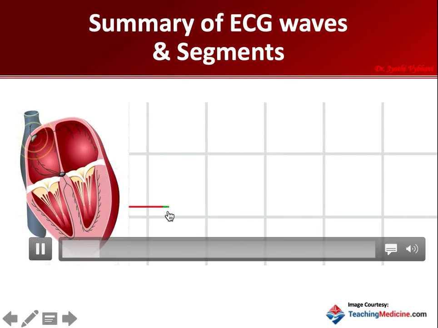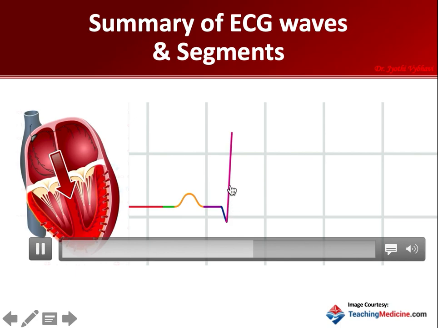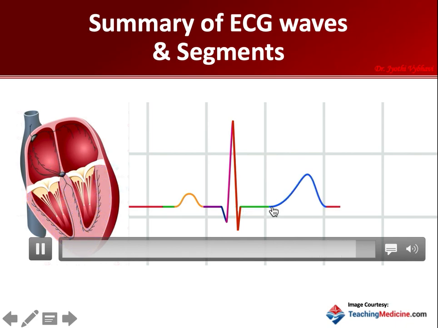As you can see, the SA node is depolarizing, then the P wave, atrial depolarization, then the AV node is depolarizing. Right now there is no electrical event picked up, so there is an isoelectric line. Then the Q wave representing the septal depolarization, then the major ventricular depolarization and basal ventricular depolarization, then the ST segment representing the entire ventricular depolarization, followed by repolarization. So this is how we can see the vectorial and the ECG events.